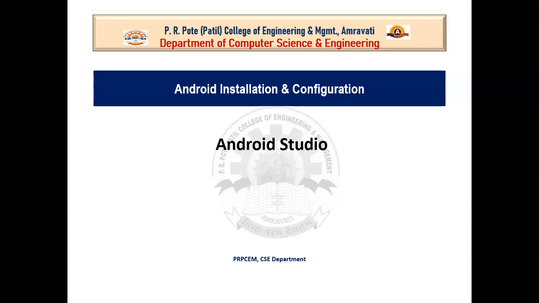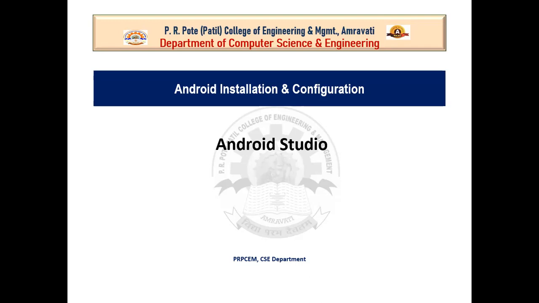But before we get started with the installation process, let me tell you the very first thing you have to do if you are working on any technology is to master a programming language, and that is Java. Java is one of the oldest and easiest programming languages, and JDK libraries are also required to run any sort of program. So installing Java is the very first step you need to take before installing Android Studio.